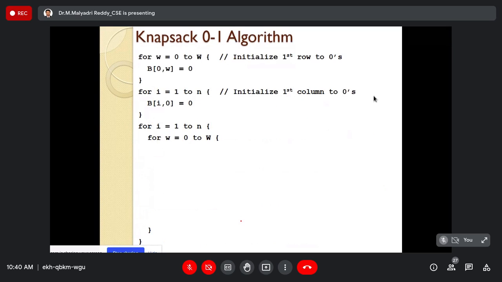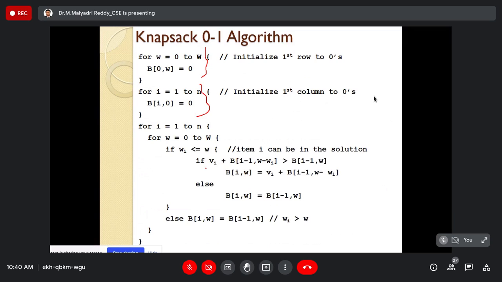So this is the algorithm. Initially we need to initialize all the values corresponding to the objects. Next, these are the constraints, the internal constraints. Every time I need to check the bag value and the include-object value, and whether it satisfies the constraints or not. Whenever it satisfies the constraints, the corresponding object will be included. Otherwise, that will be removed. So this is the basic algorithm.